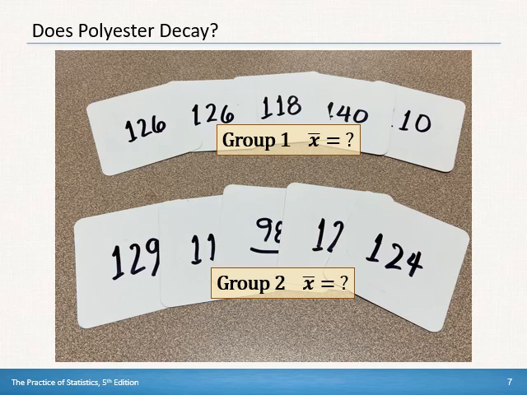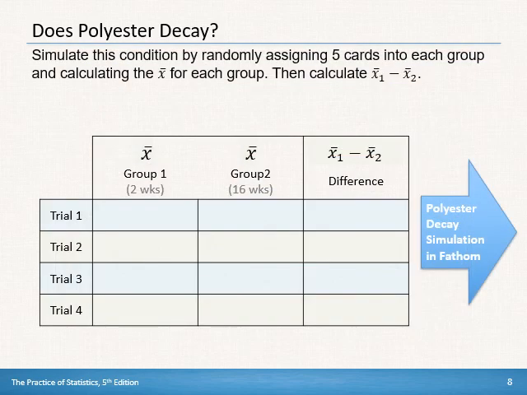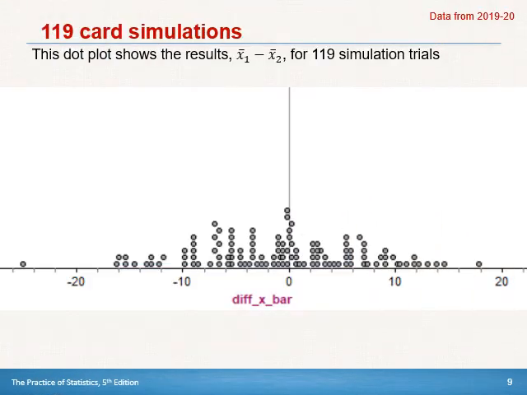Okay. And so we'll calculate the X bars for each group 1 and group 2. And then we will subtract those 2 means: the mean X bar from group 1 minus the mean X bar from group 2, and we look at those differences. If we were in class, I would have each group do several simulations of this, and then you would yell out the X bar sub 1 minus X bar sub 2 difference that you got in your simulation, and then I would plot those. All right, so here are the plots